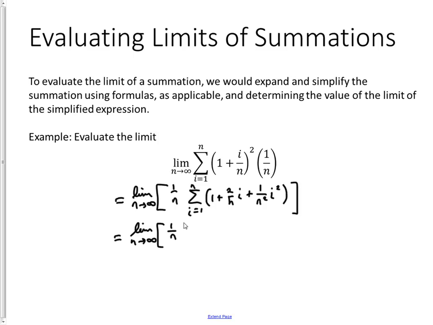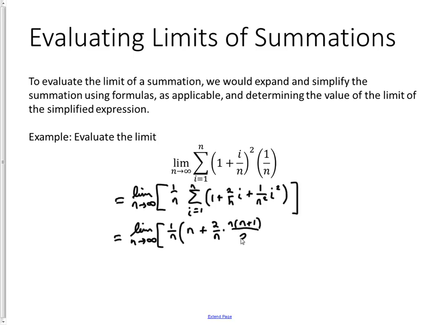So that's going to be times n, plus, in this case, we have 2 over n times i. So 2 over n times i is going to become the same thing as 2 over n times our quantity for i, which was n times n plus 1